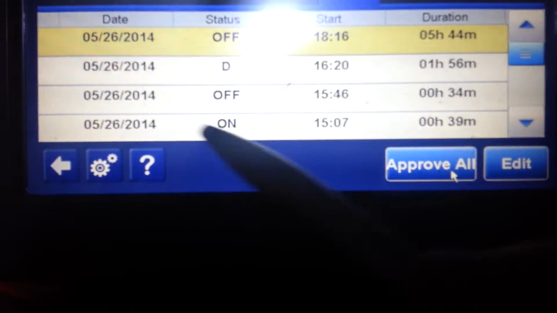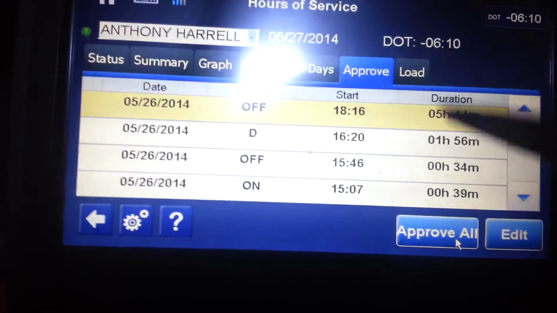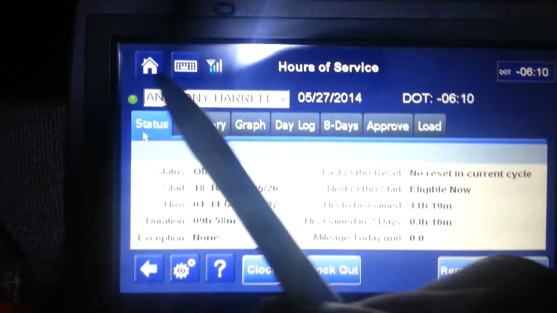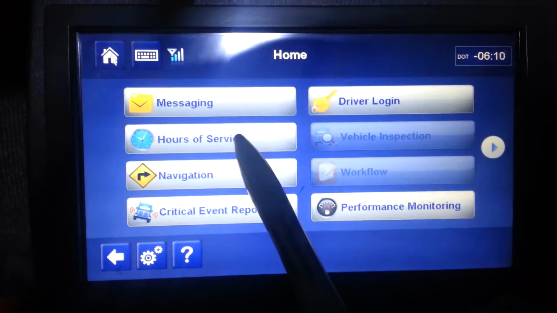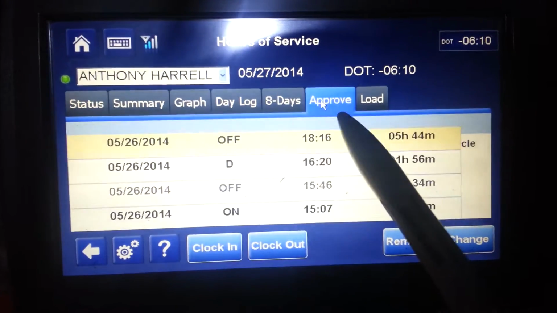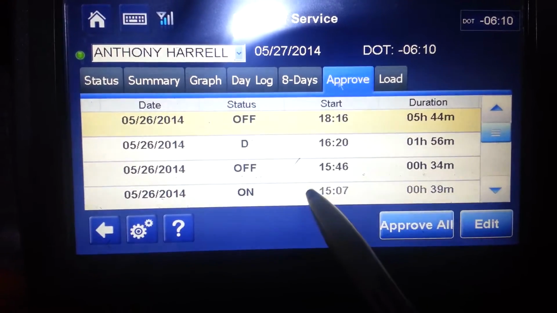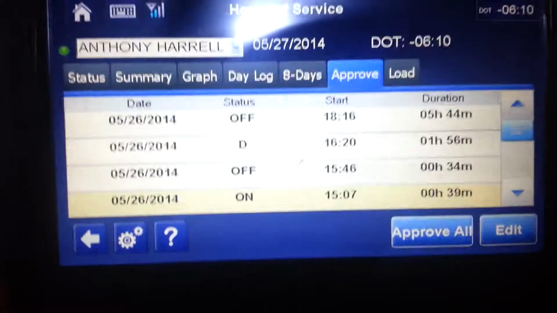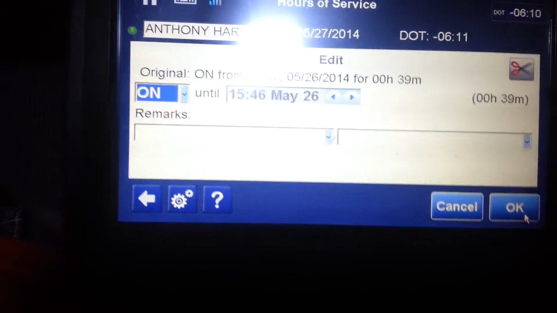You see this right here? 39 minutes. I'm going to edit that. So what you're going to do is, you already know you got to go to your hours of service. Then you'll go to approve. And there you are out of hours of service driving time. Then you go down. You highlight that bar. You hit edit and hit the scissors,